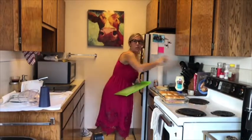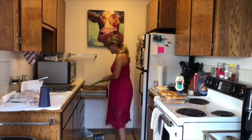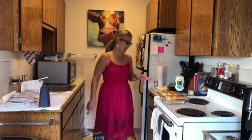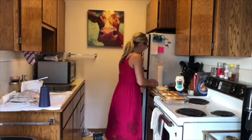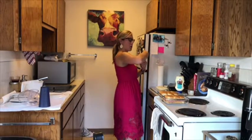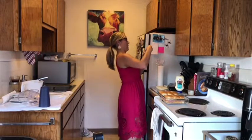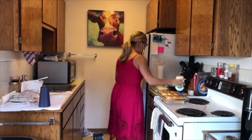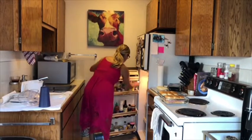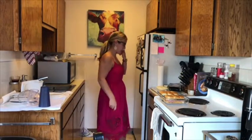I probably look a little weird today because I have my glasses on, and I don't usually wear my glasses. But I went to the eye doctor today, and I really did like the eye doctor. It's a new eye doctor, needless to say. And they dilate my eyes. When they dilate my eyes, it makes me feel like I'm drunk because I'm kind of all over the place with it. So it's very weird, but they also had me take out my contacts, which I needed to do to begin with, but